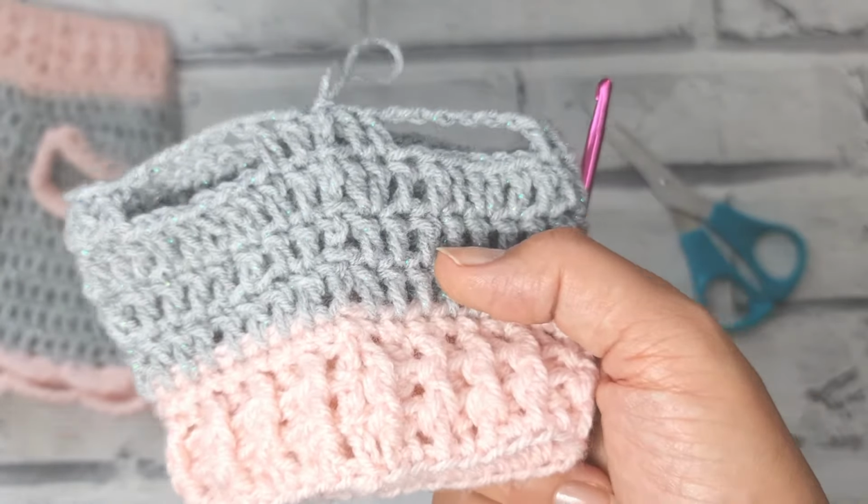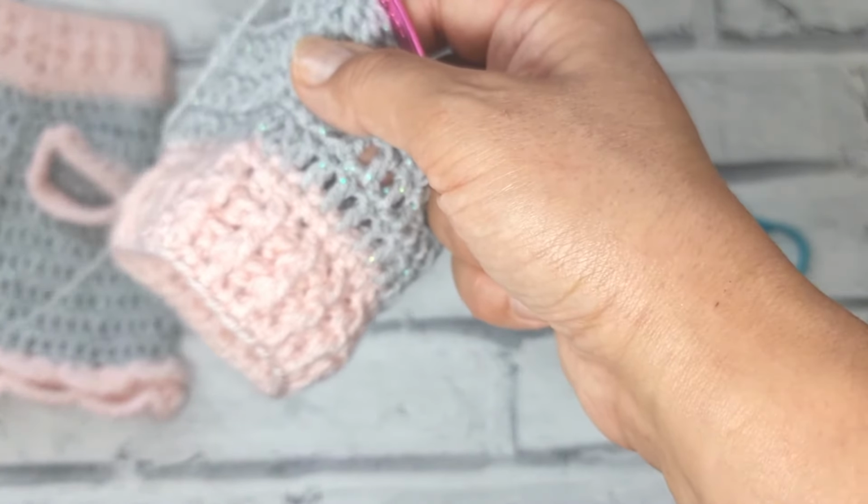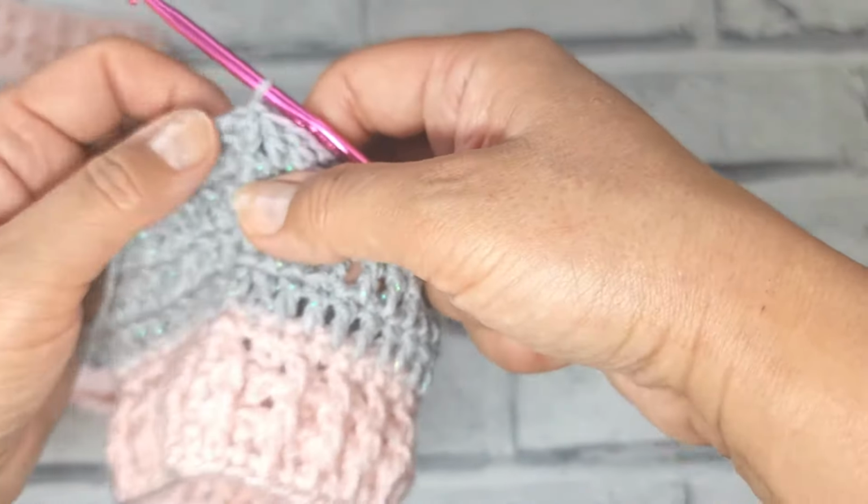For this bit, we're going to double crochet. We're going to do a chain of 3 again to start the next round. Sorry, I don't know why I'm saying 20, but okay, this is round number 11. So chain 3,